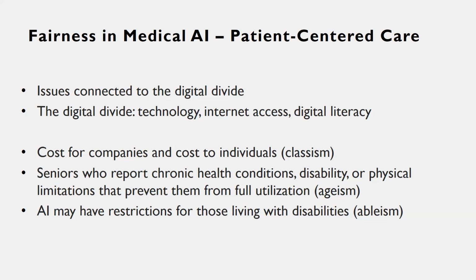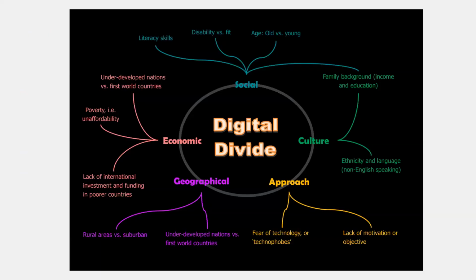patient-centered AI and data-driven AI, when it's about connecting to the patient, we actually have to see who it is for, again, right? And AI may have restrictions for those living with disabilities, and that's about ableism. So again, there are so many ethical benefits, and AI has helped those living with disabilities, but there have also been many frustrations and limitations, because it hasn't worked properly. So we think about all these amazing ways that AI can shift it, but yet what is happening at the table?